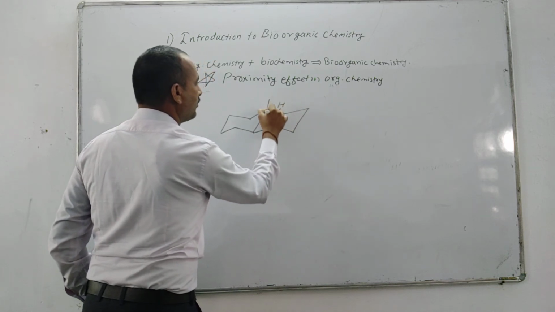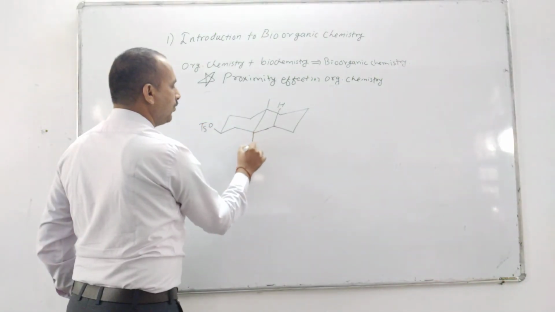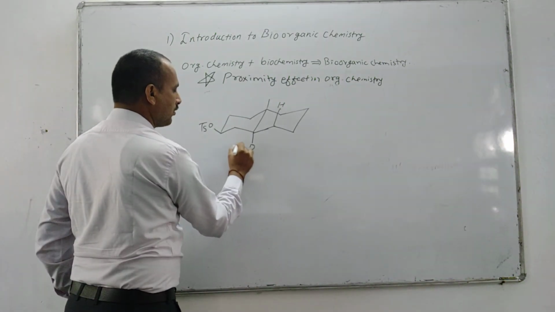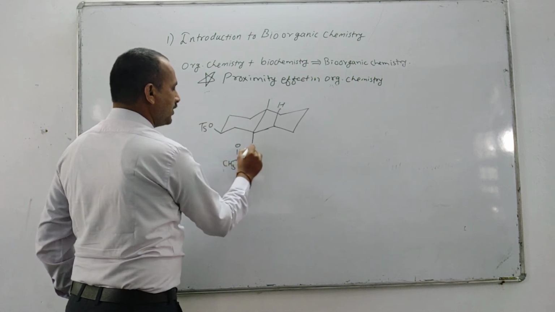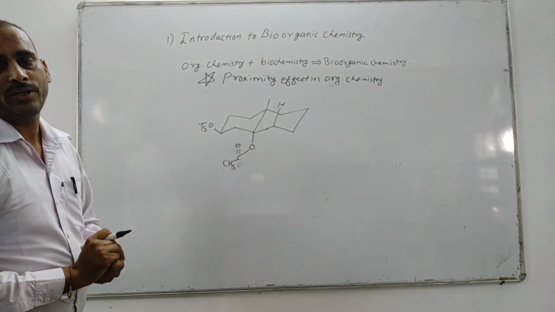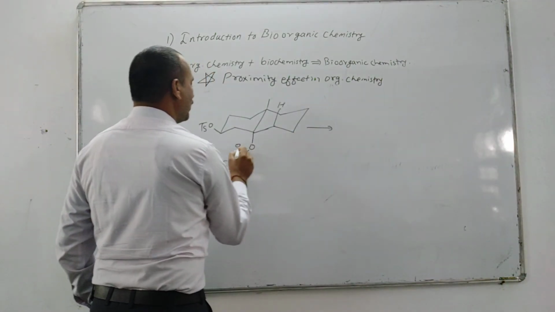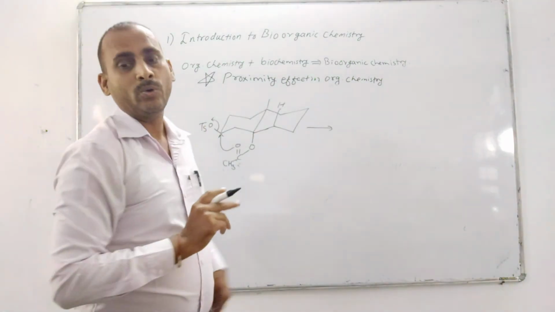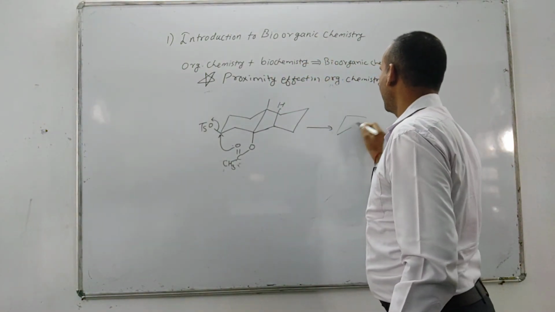Here is H, methyl group. Now there is OTs group and here is OCOCH3. Now this tosylate is converted to acetate. Tosylate group is converted to acetate. So this lone pair attacks from the backside and there is loss of OTs. OTs is a good leaving group and therefore there is formation of